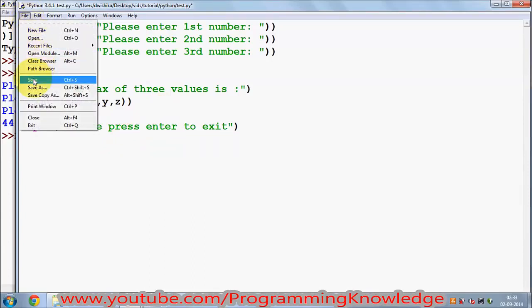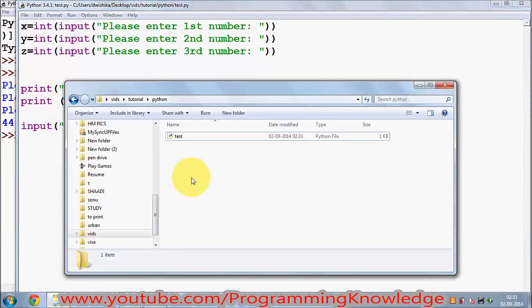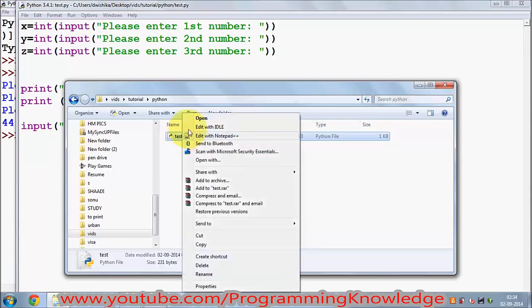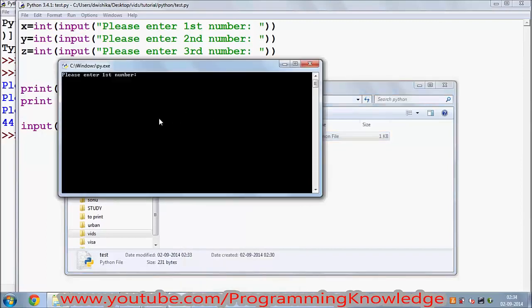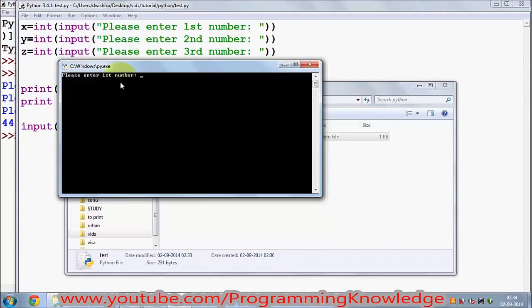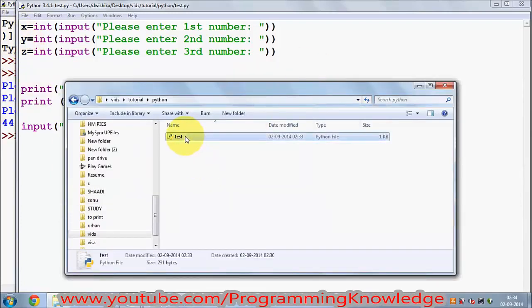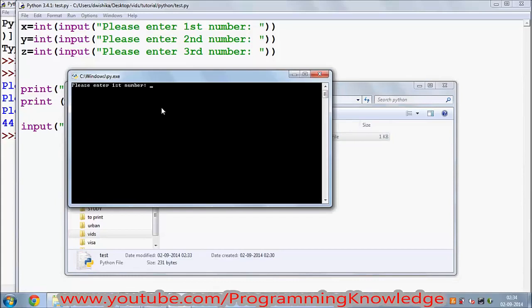Just go to file and save it, and then go to the Python file wherever you have saved it. You can right click and open it, and it will open in the Python terminal and run your program directly. You don't even need to use this Python shell. Or you can just directly double click it and it will open your Python program, and it will give you the option